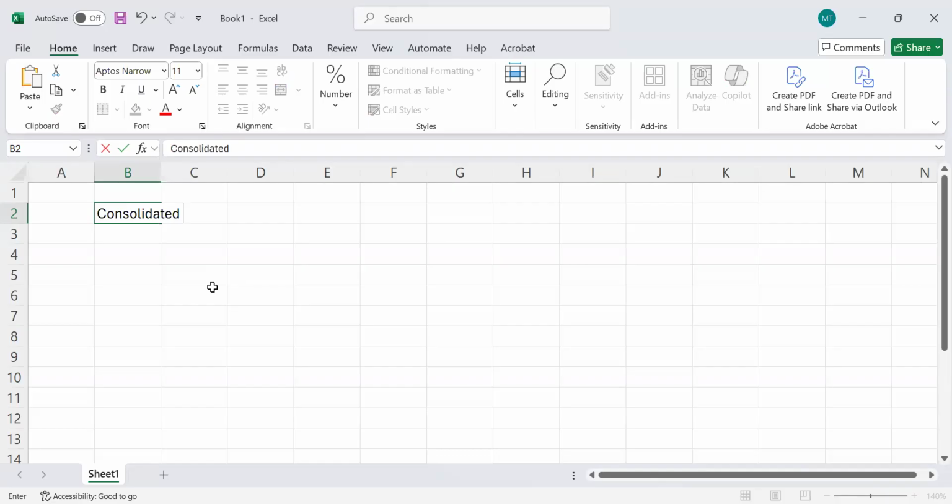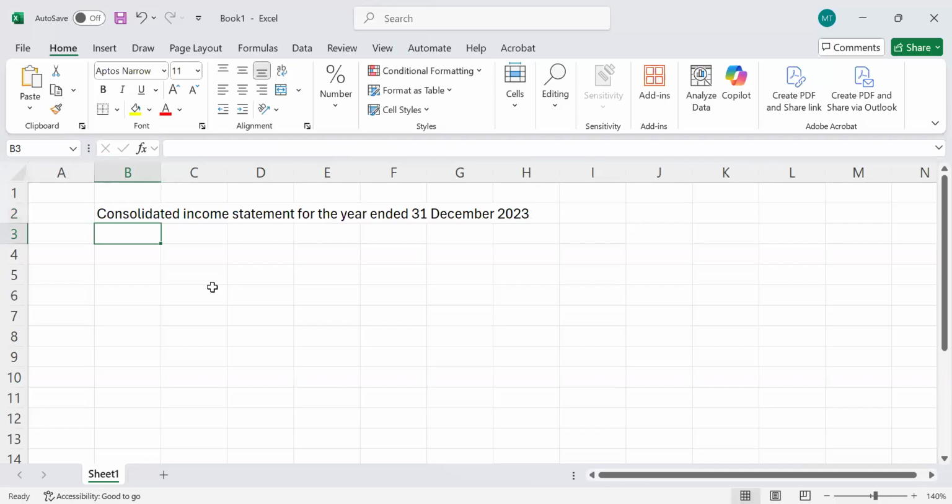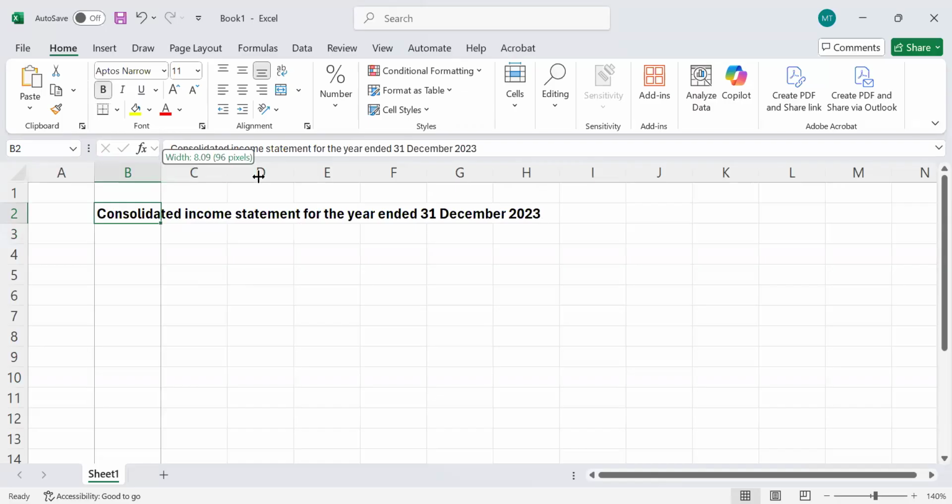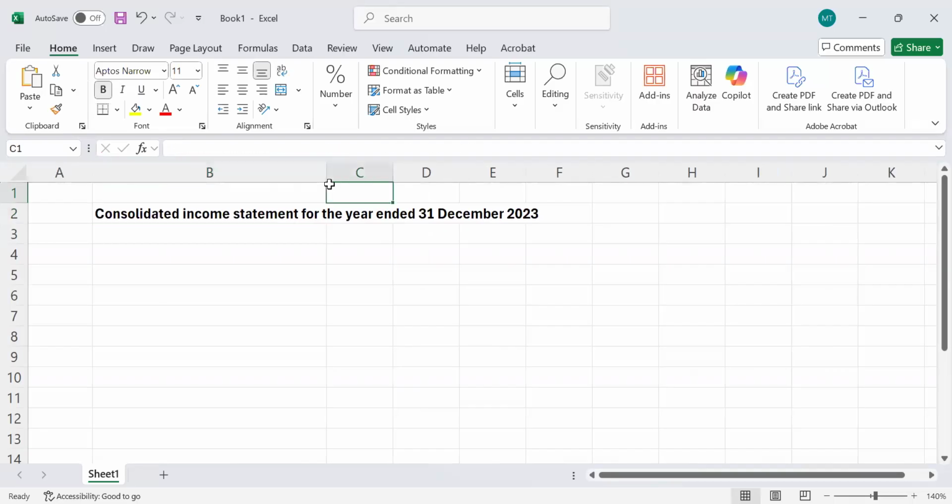Consolidated income statement for the year ended 31st December 2023. Right, so what do we have to do? First of all, we need to calculate the gross profit. So for us to calculate the gross profit,